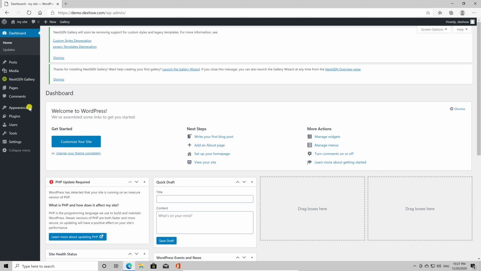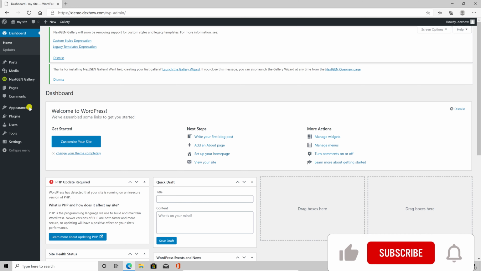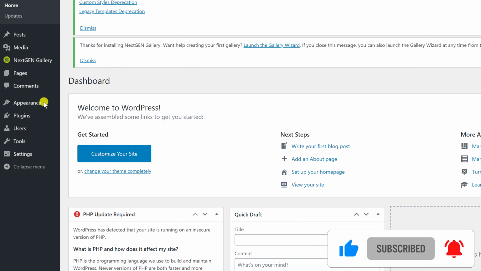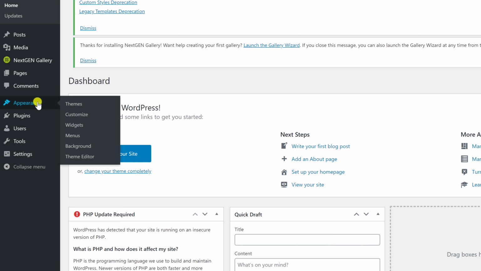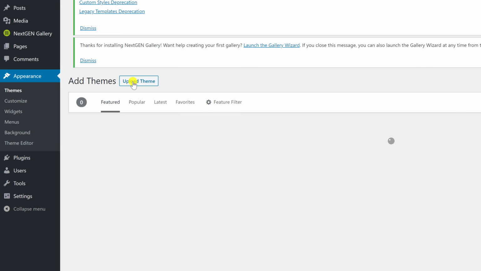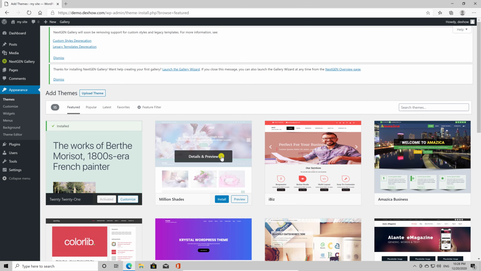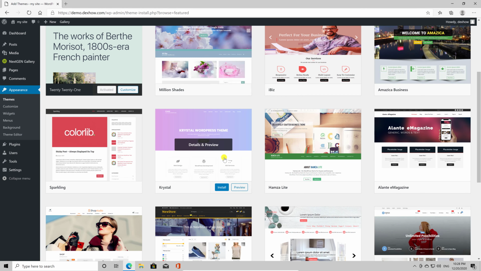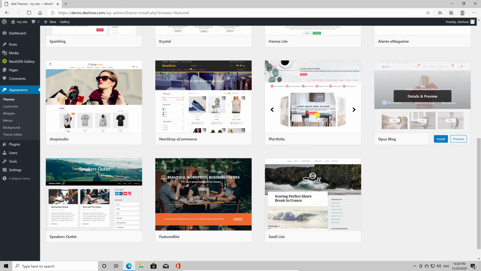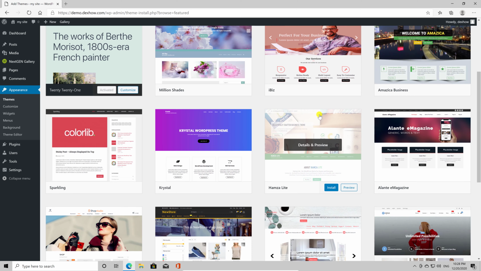If you're looking to install a free WordPress theme from the WordPress.org themes directory, then the easiest way is by using the built-in theme search functionality. Next, go to the Appearance Themes page. Click on the Add New button. On the next screen, you will have the ability to select from Featured WordPress Themes, Popular WordPress Themes, Latest WordPress Themes, search for a specific theme, or search for themes with specific features.